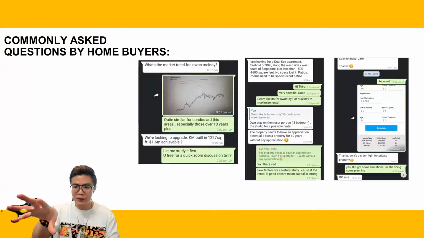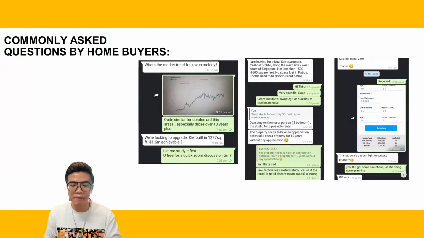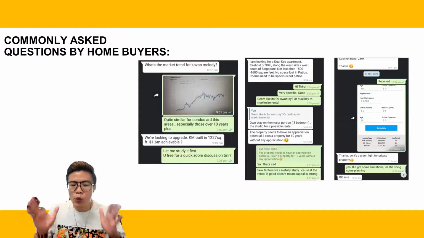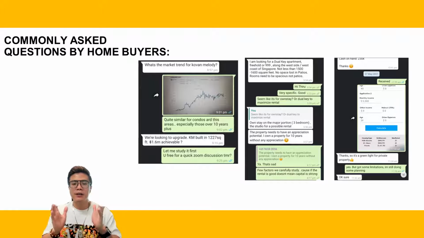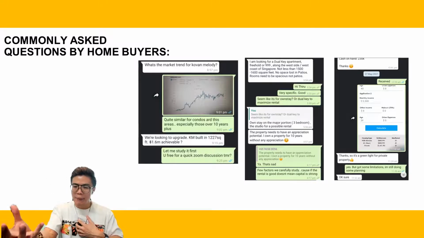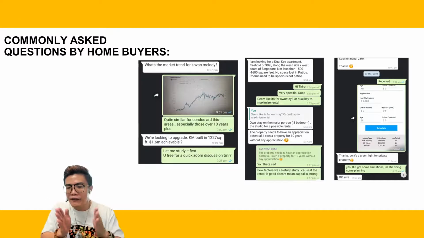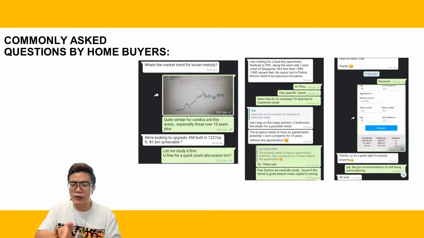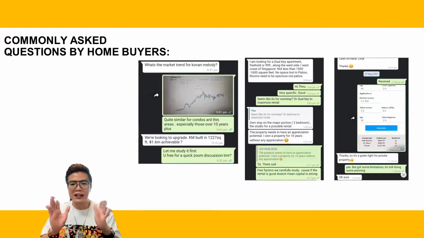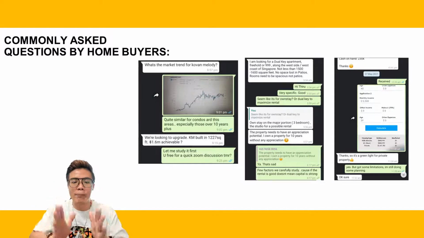Another client was looking for a dual key freehold, very specific. But when I did the study, a GAP model with them, they realized that there are actually more options. Who wouldn't want more options, right? Today our end game could be this, but instead of looking at this specific vehicle to reach our end game, why not have a few more options that possibly accelerate that process? What I also do for my clients is very detailed calculations like this one. The last example was that they never thought that with this kind of income it was possible for them to own a private